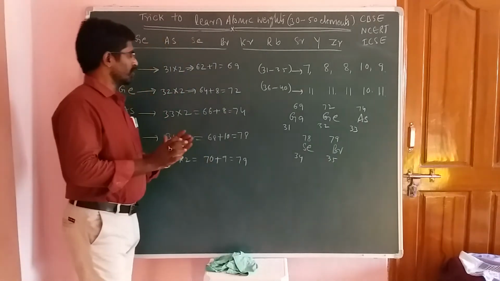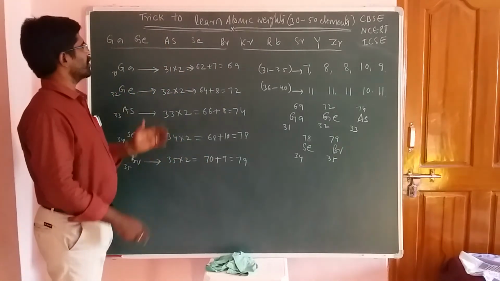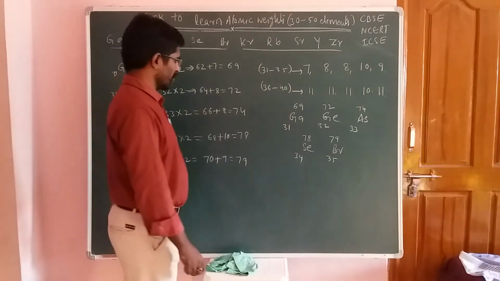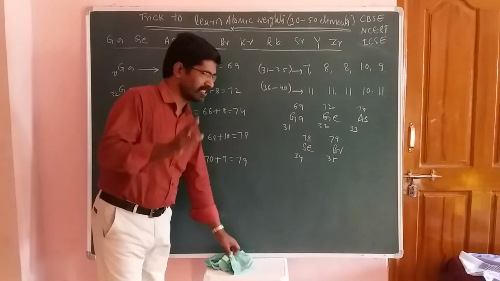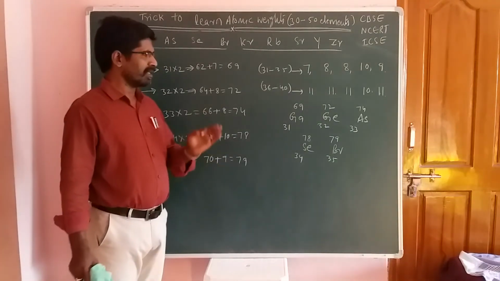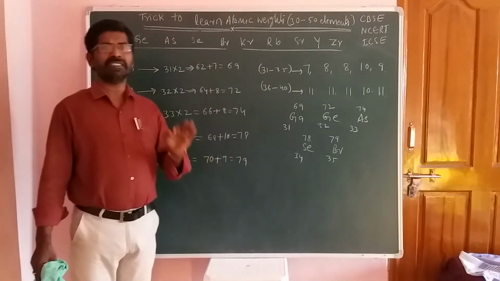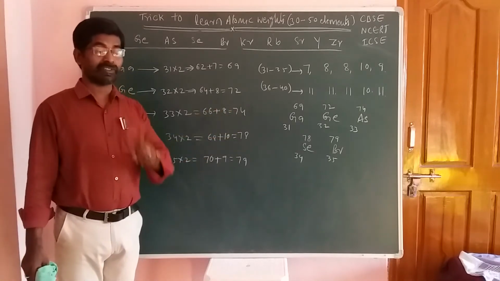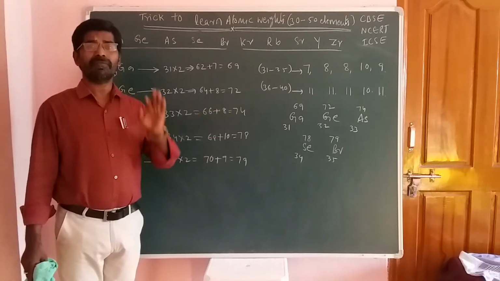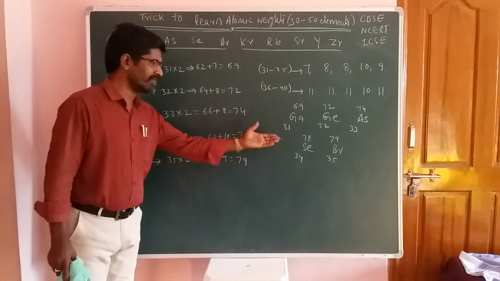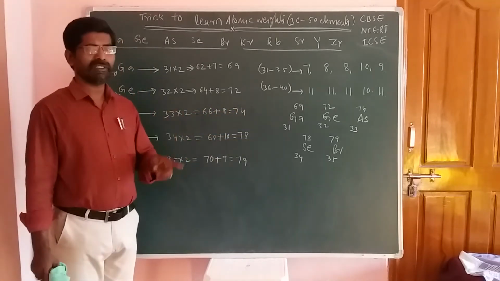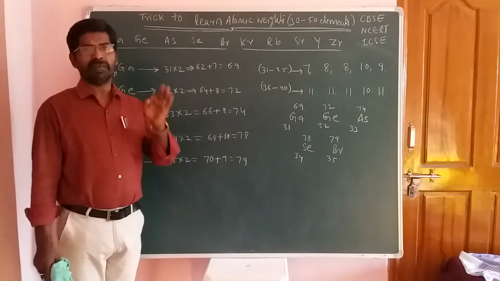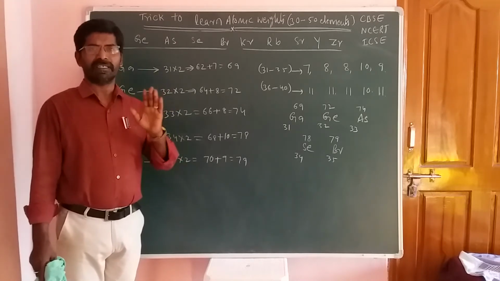Okay students, so this is the first half of these elements, and this is the one trick. And here I will give you one question. All of you write down the answers. Find the number of neutrons in each and every element. How should you find the number of neutrons here? Number of neutrons is equal to mass number minus atomic number.